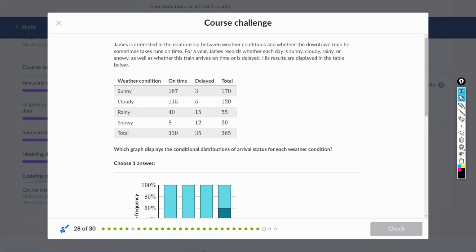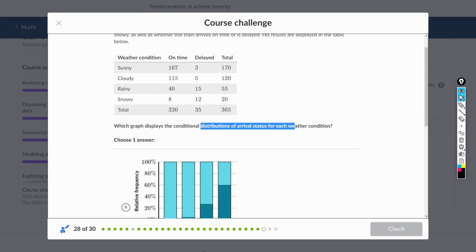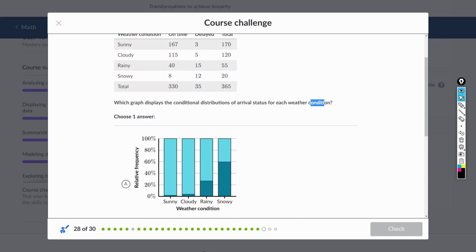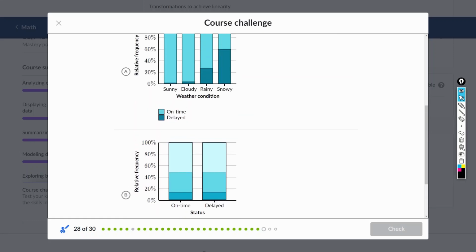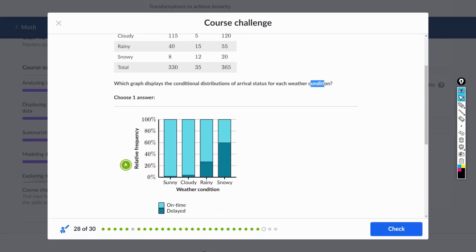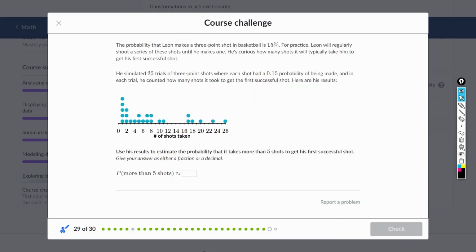好，看下一个。James is interested in the relationship between weather conditions and whether the downtown train runs on time. For a year, James recorded whether each day is sunny, cloudy, rainy, or snowy. Which graph displays the conditional distribution of arrival status for each weather condition? Each weather condition，那么就是4个 weather，然后 frequency on time 的，这个比较简单，这个应该是 A 吧，因为 for each weather condition 嘛。